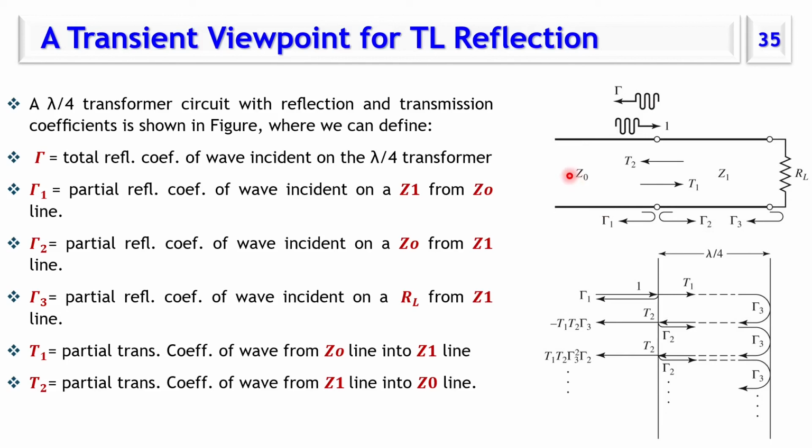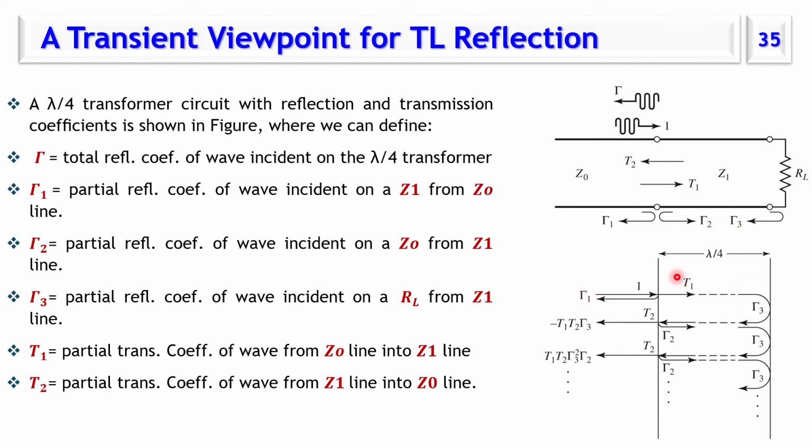The first wave, when it reaches this point, reflects gamma 1 and transmits T1. T1 will travel till it reaches here, so it will reflect gamma 3. So the signal here now is T1 multiplied by gamma 3. It comes here, part of it will be transmitted, which is T2 multiplied by T1 multiplied by gamma 3. Part of it will be reflected, which is T1 gamma 3 gamma 2. So here,